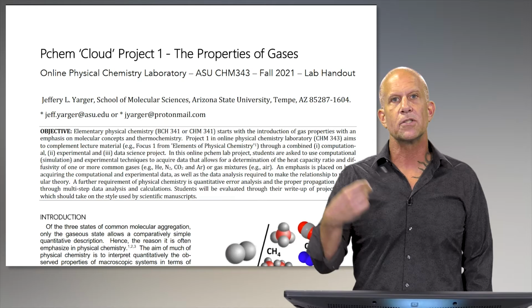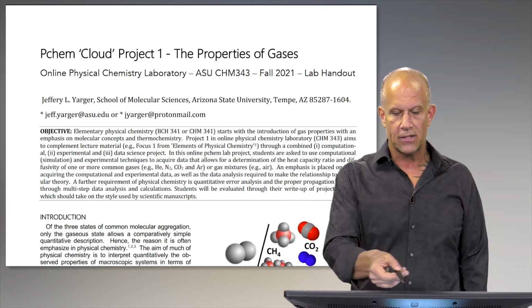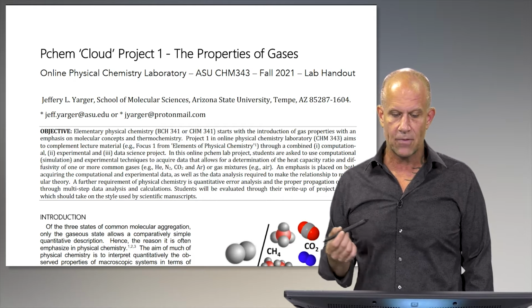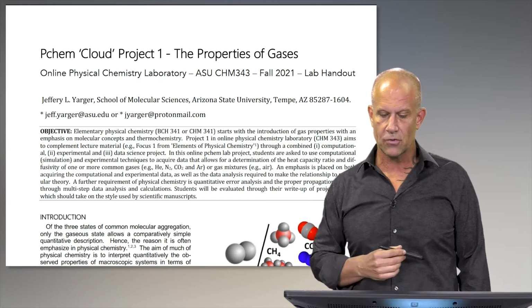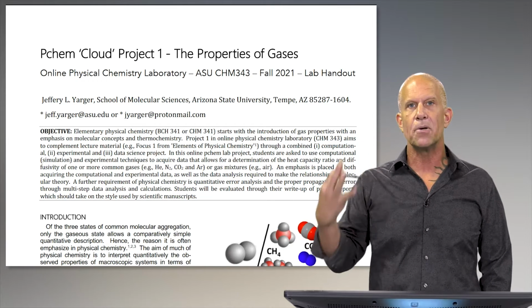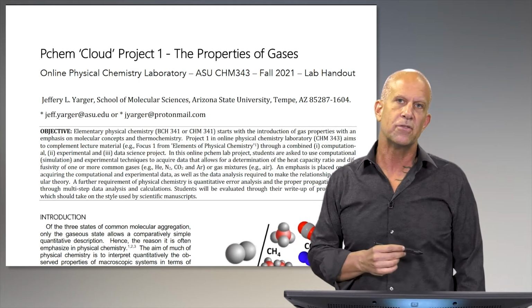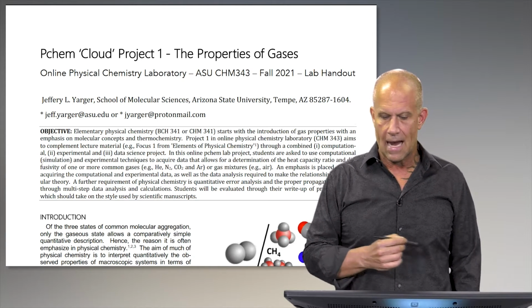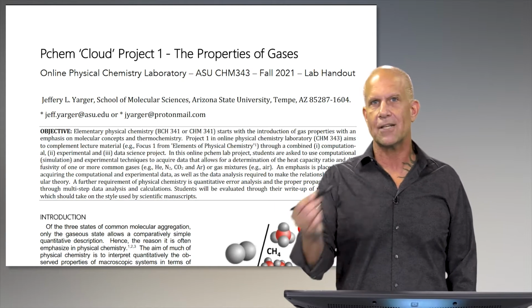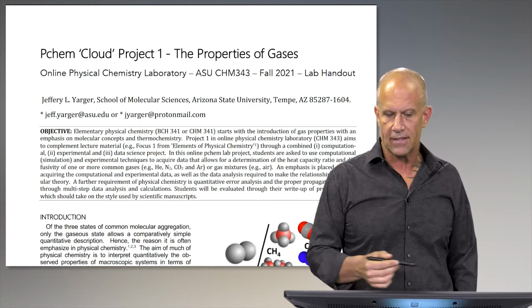So we're specifically talking about online physical chemistry, which at ASU is Chem 343. It's the fall 2021 semester. And this is the handout that I've made. I put it in a similar format to what I would expect students to have as far as lab reports, where the sections are obviously a little different. So I provide some of the objective of this, which is